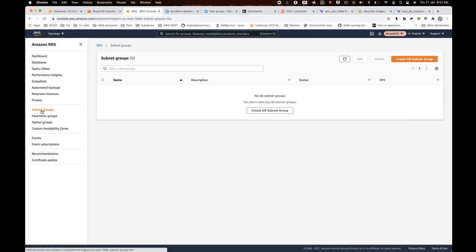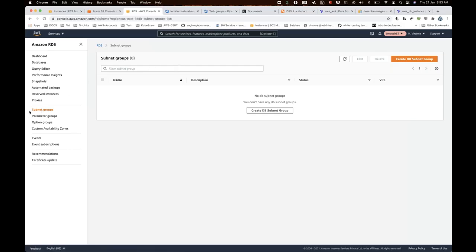So that means they provide some 99% uptime of your database, and for that they need to maintain some replicas, isn't it? They need to maintain some cluster in multiple availability zones. So that is the reason we need to use multiple availability zones for this particular database. And which availability zones you need to use, you have to tell to the